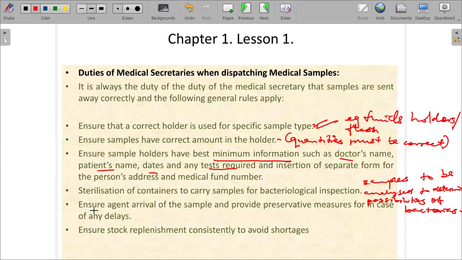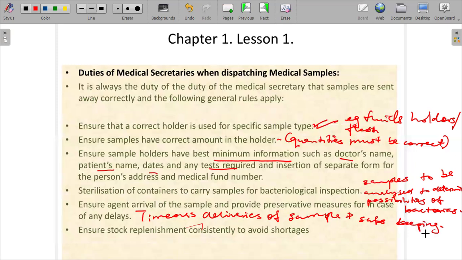So the medical secretary again ensures urgent arrival of samples and provides preservative measures in case of any delays that might arise. So we are saying timely delivery of samples is the duty of the medical secretary. This has to do with timely delivery of samples and safekeeping of them. Safekeeping